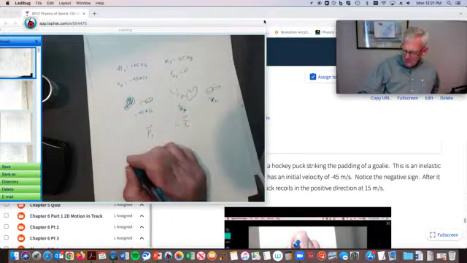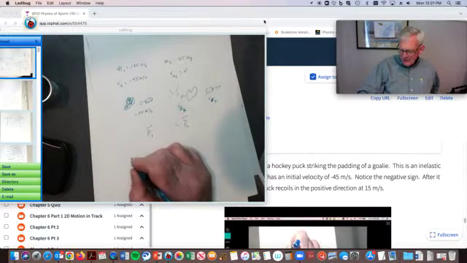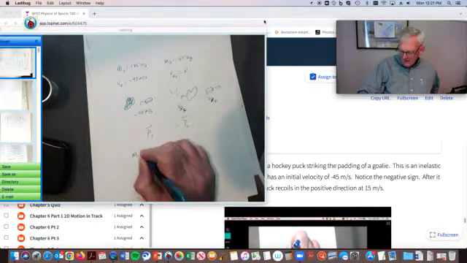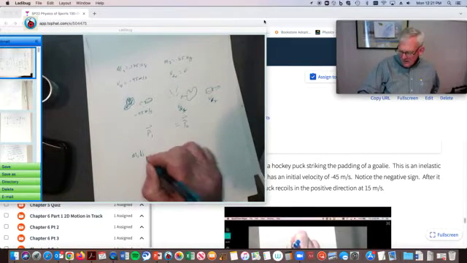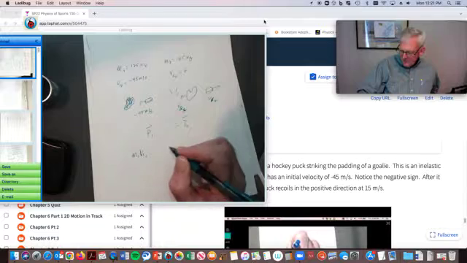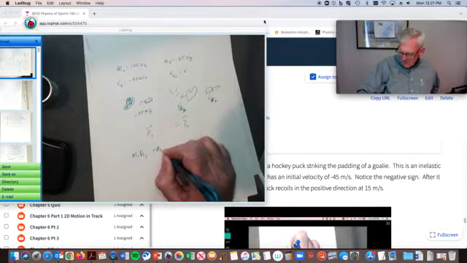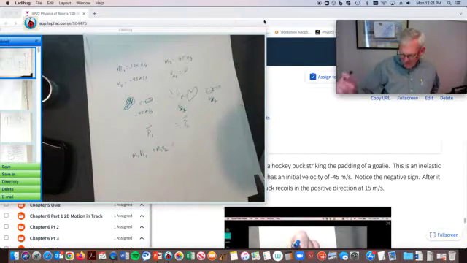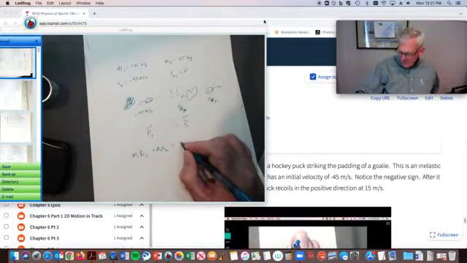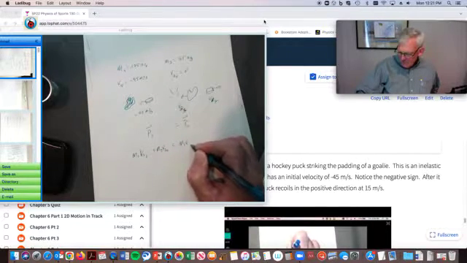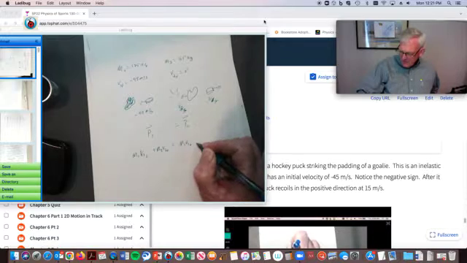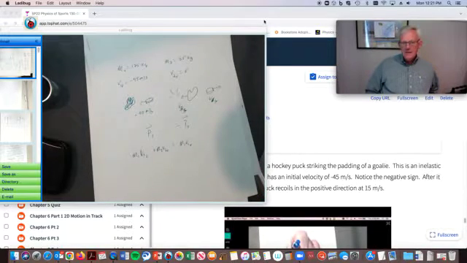Now the momentum before is M1 times V1 initial plus M2 times V2 initial, which, after the collision, is going to equal